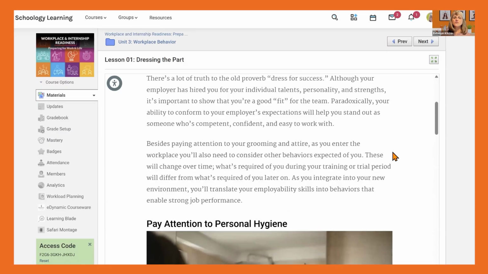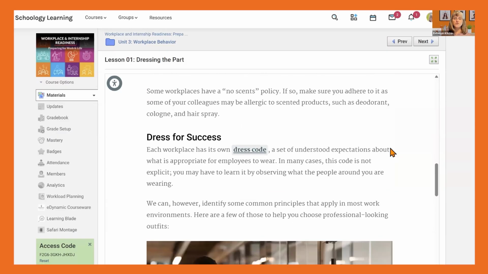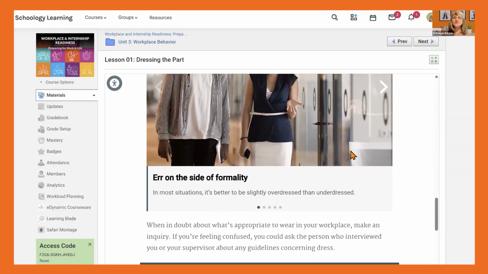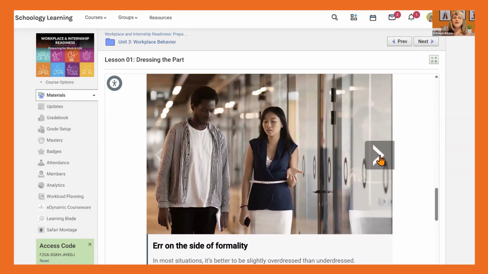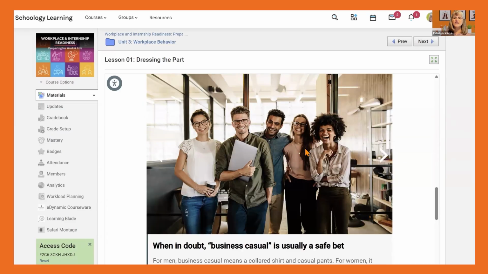And as I scroll through this, I want to show you some of the features that we have. You can see this is a vocabulary term. If I hover over it, it's going to give me definitions. As I go down farther, this is a rotator. So if I click the arrow, it's going to give me information, and there's going to be